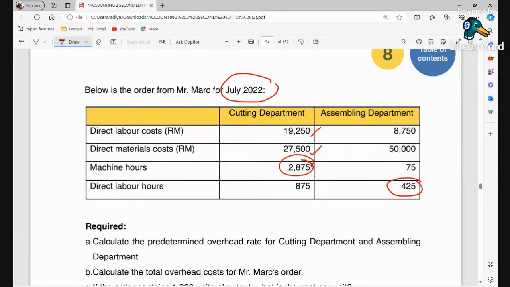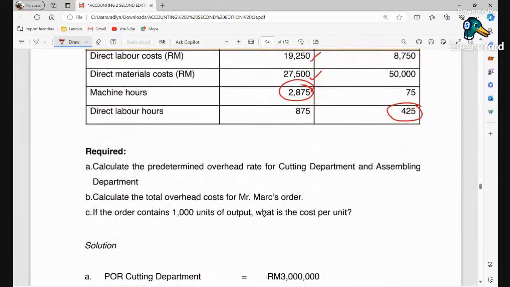So what are the requirements for the question? Satu, kita are required to calculate the POR for cutting department and assembling department. That's the first process lah. Kenapa nak kena kira POR? Sebab I kena kira applied manufacturing overhead. You are not able to get the amount for MOH sekiranya POR tidak dikira,